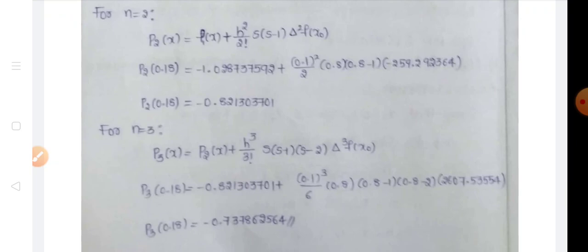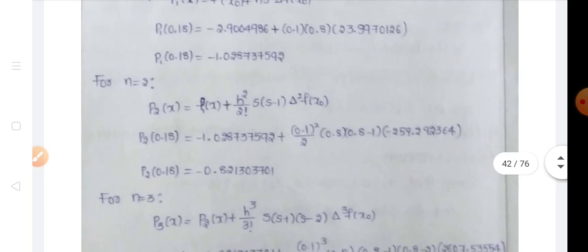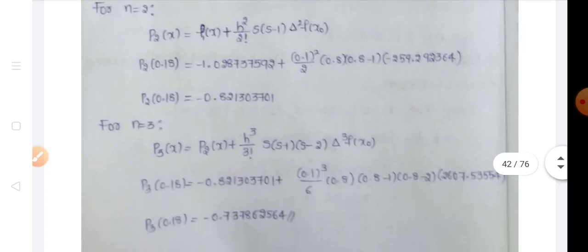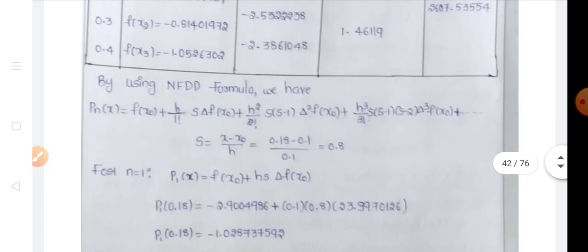P2 of 0.18 is equal to P1 of x minus 1.028737592 plus h square, 0.1 whole square by 2 factorial into s, 0.8 into 0.8 minus 1, delta square f of x naught. From the value table, delta square f of x naught